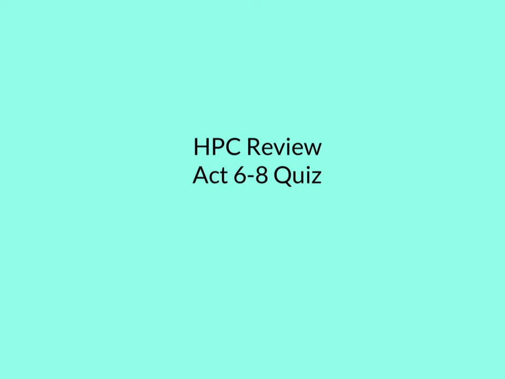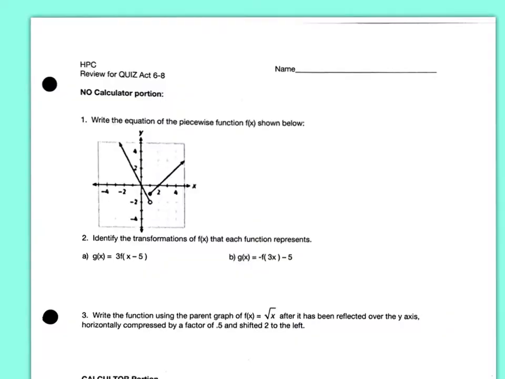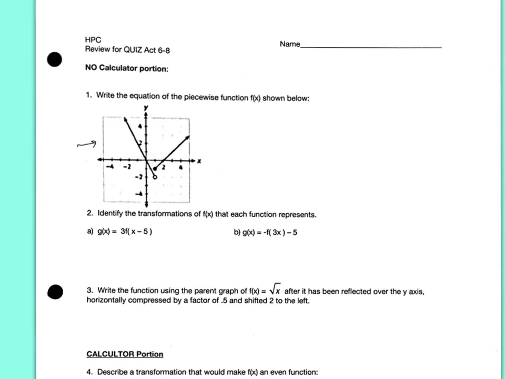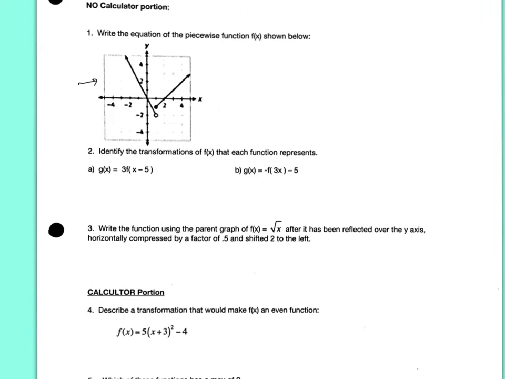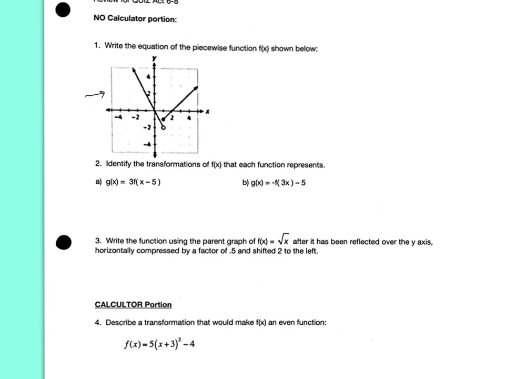All right, so review for the quiz on activities 6 through 8. It's a little bit of everything. The non-calculator portion has 2 questions. You will have to write the equation given a piecewise graph, and the other non-calculator question is a combination kind of these two,